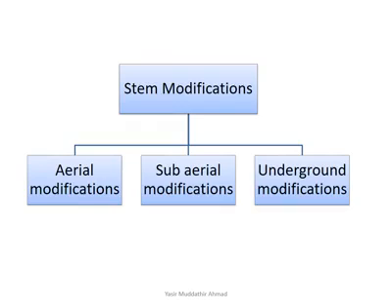Stem modifications are divided into three types: aerial modifications, subaerial modifications, and underground modifications according to the place where this modification will take place. So if the modification occurs in the aerial part of the stem, it is going to be called aerial modification. If the modification of the stem occurs on stems that are going to be on the ground,